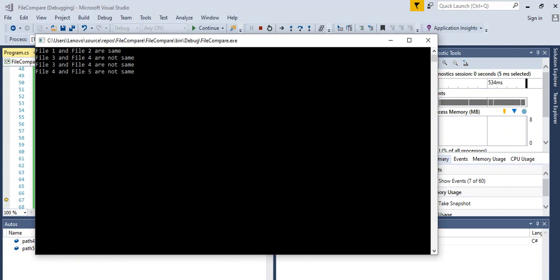So guys, this is the C Sharp code which you will use to compare two files. Sometimes there is a situation where by the naked eye you cannot differentiate whether the two files are the same or not. Maybe the file is too big, and another reason is that sometimes there is some hidden space or hidden character in the file which cannot be seen by the naked eye. So for those scenarios you need to perform this activity, and it is very beneficial.